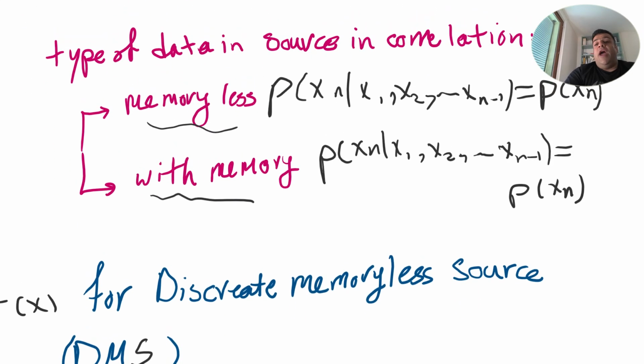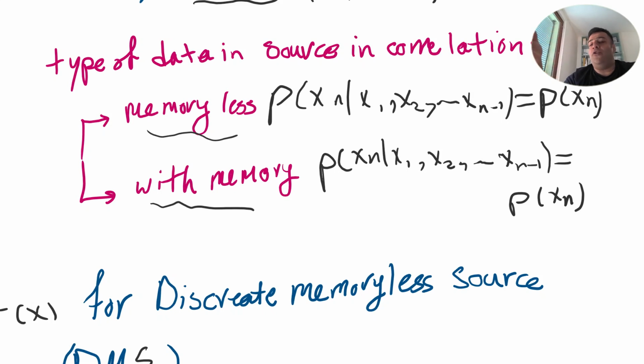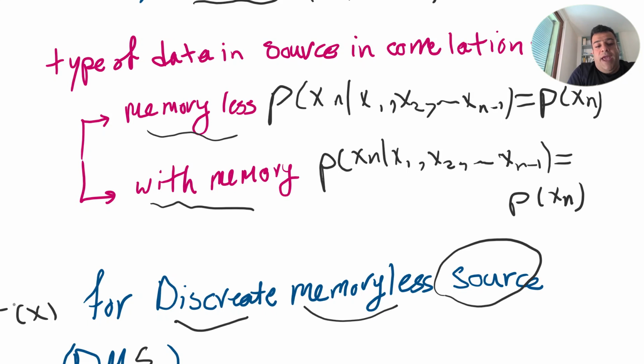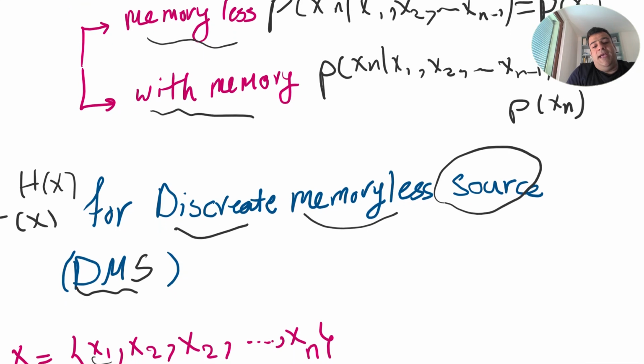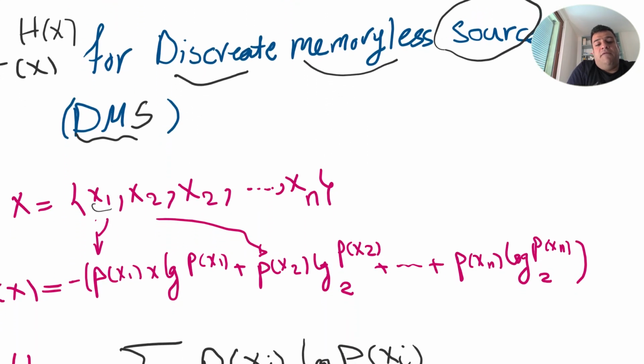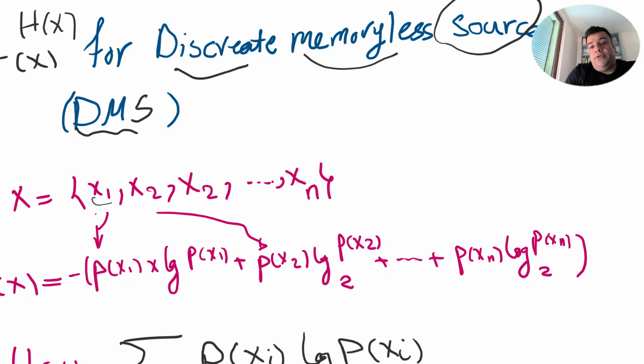Okay, guys. Right now, at first, I'm going to take a formula for the discrete memoryless source. By abbreviation, we write DMS. What is the memory? I told you, it depends on the previous symbols. Discrete means the alphabet is not infinite. Okay, if we have a discrete memoryless source, something like this, x1, x2, x3 until xn,